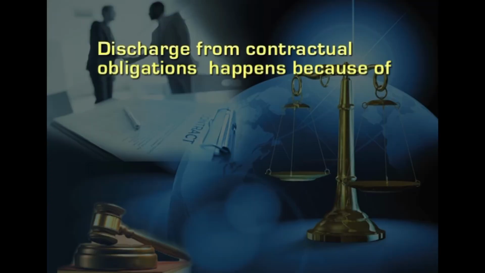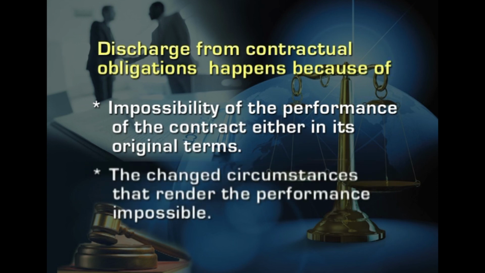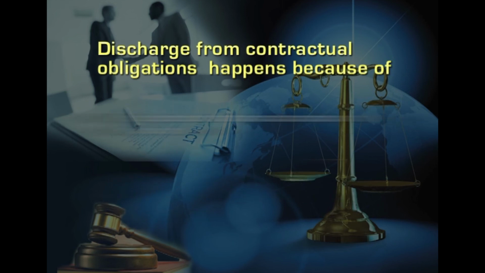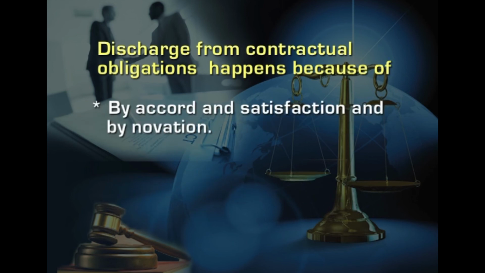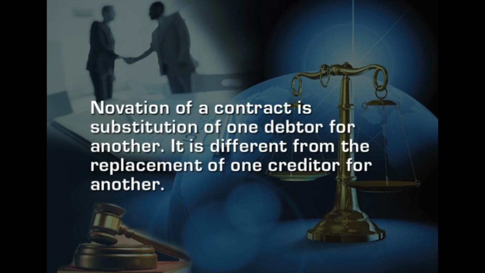Performance of the contract is the first mode of discharge from contractual obligations. Further discharge from contractual obligations happens because of impossibility of the performance of the contract either in its original terms, because of the changed circumstances that render the performance impossible, by accord and satisfaction, and by novation, or by any changes in the legislation in that country. Novation of a contract is substitution of one debtor for another. It is different from the replacement of one